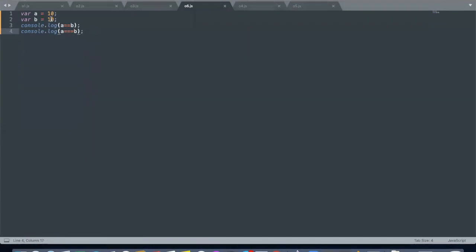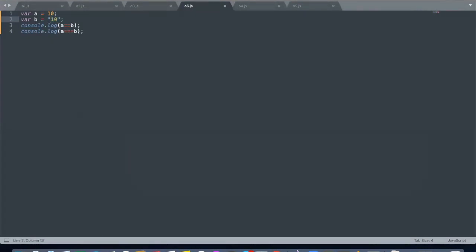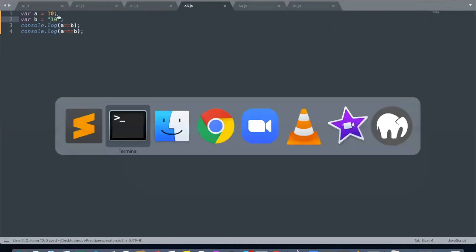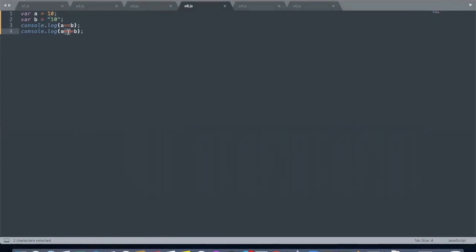Now just see the different scenario when we have values of a and b like this. A is a numeric 10 and b is a string 10. So the very first answer is going to be true and the second one is false. Why is it false? Because the triple equals sign checks whether the values are equal and the type of the data is equal.